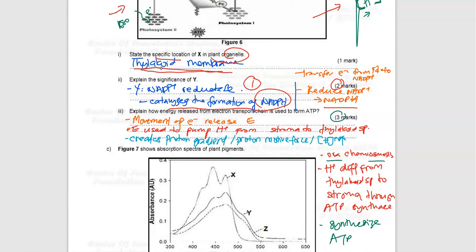So basically the purpose of generating proton motive force is that it is a source of energy used by ATP synthase